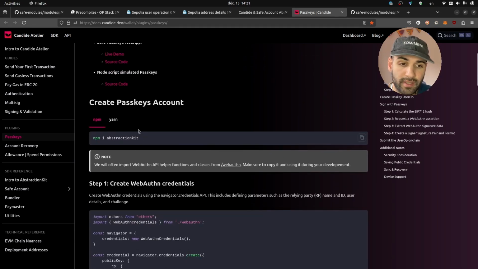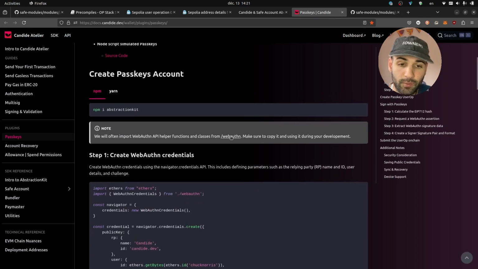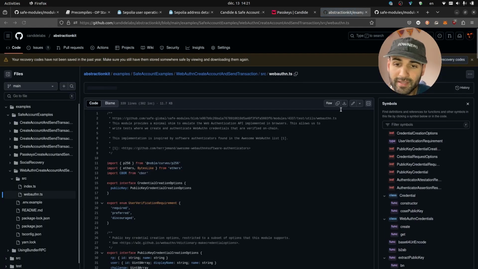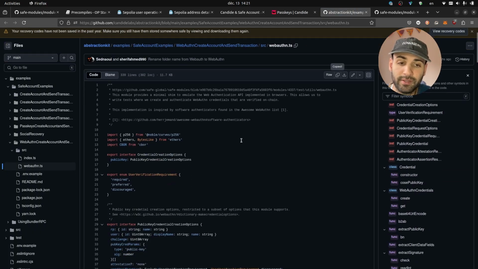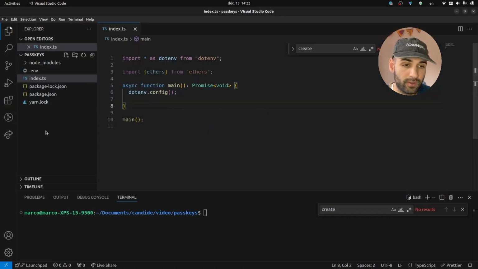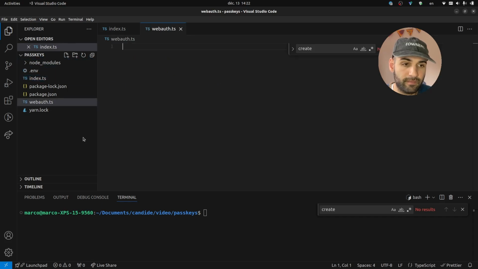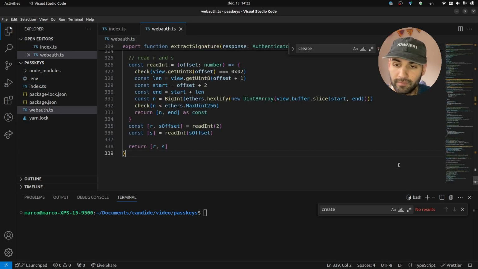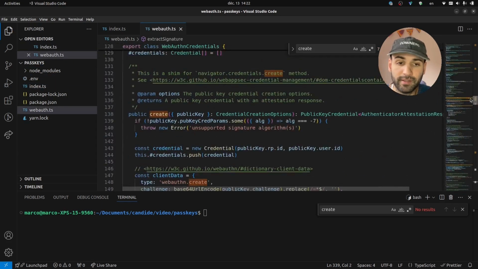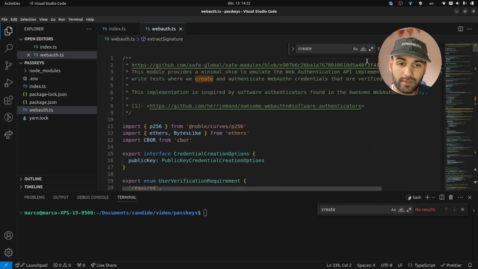So what you'll need is Abstractionkit, the library to create 4337 smart wallets, and we'll also need a file called here WebAuthn that we can copy directly. This file essentially helps you interact with or emulate the WebAuthn API by creating credentials and signing using passkeys. So I'll just copy it right here, and then we'll go into my dev environment. I'll create a file called webauthn.ts. I'll copy everything right here,